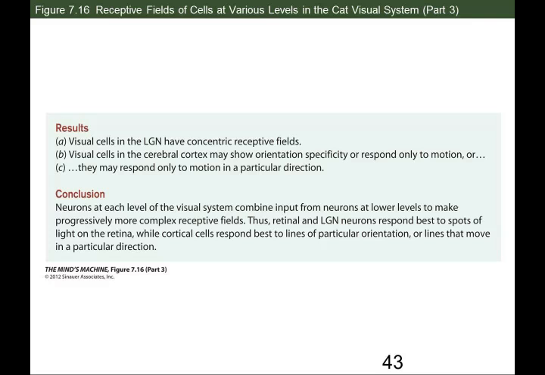Yes. The LGN neurons, do they connect with both simple and complex cortical cells, or do they go to simple and then the simple go to complex? They're going to go vertically. It's a hierarchy. So LGN goes to simple, goes to complex. And at each level, the neuron is receiving information from more than one to make a more complex message. So you see here that the simple cortical cell is getting information from these three receptive fields. And then the complex one is getting information from 9 receptive fields to know about the orientation and the movement